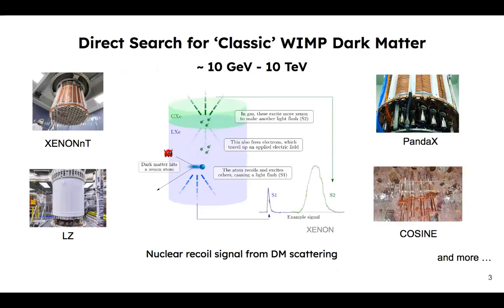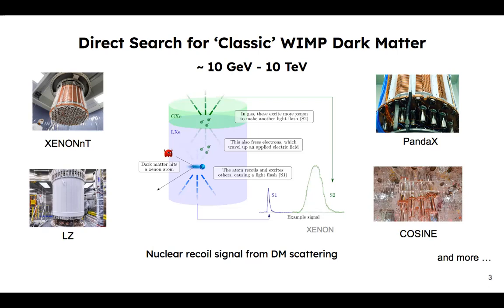So I can start with the classic WIMP regime. Probably the main motivation behind this type of dark matter was supersymmetric theory. It's typically within the mass range of 10 GeV to 10 TeV. And there are multiple experiments going on all over the world: XENON, LUX-ZEPLIN, PandaX, COSINE,